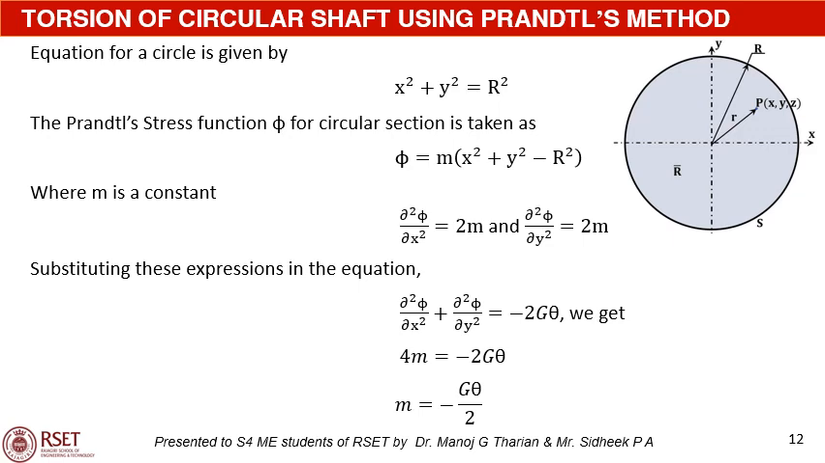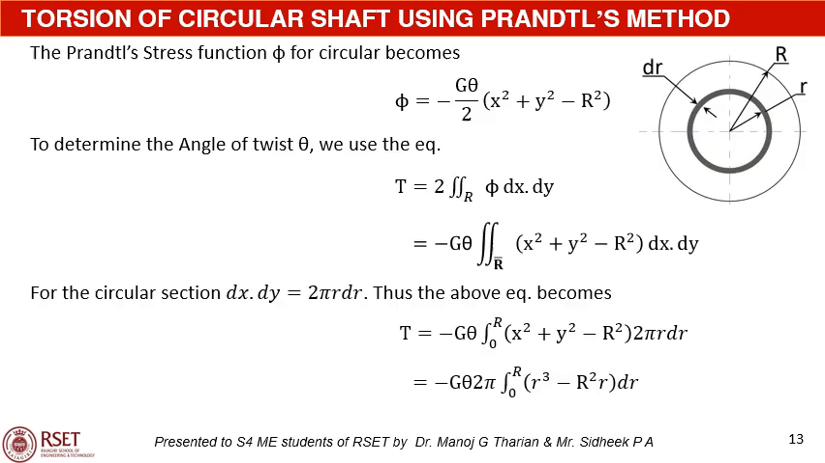Substituting these expressions in the equation ∂²phi/∂x² plus ∂²phi/∂y² equal to minus 2Gθ, we get 4m is equal to minus 2Gθ, or m equal to minus Gθ by 2. Thus, the expression for the Prandtl stress function phi for circular section becomes phi is equal to minus Gθ by 2 into x square plus y square